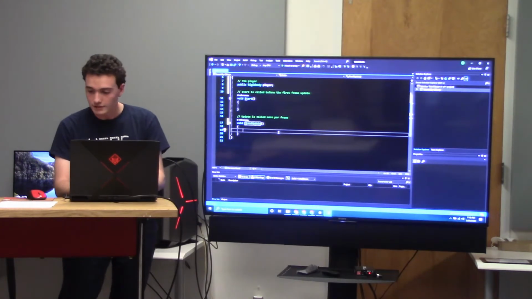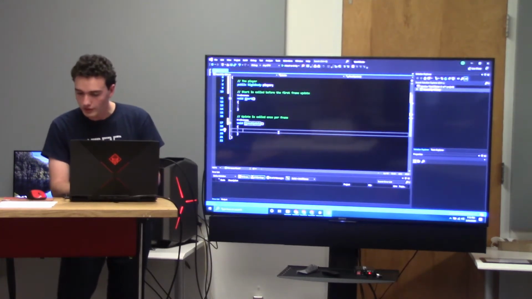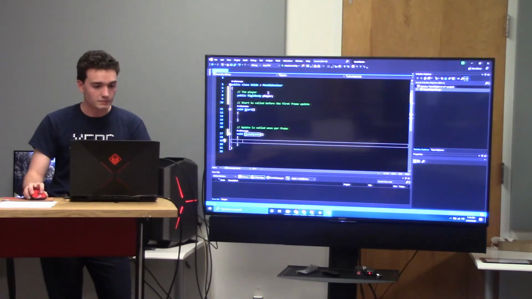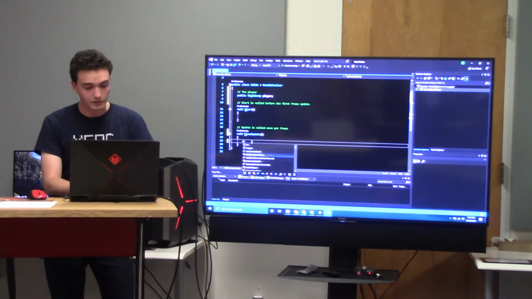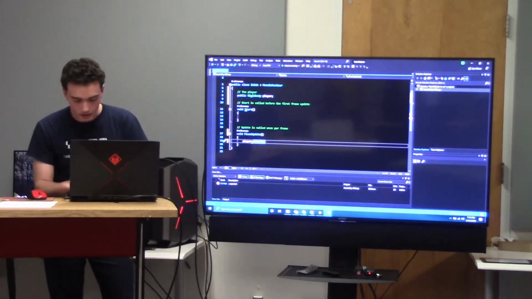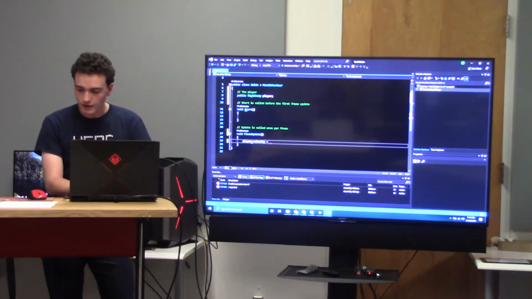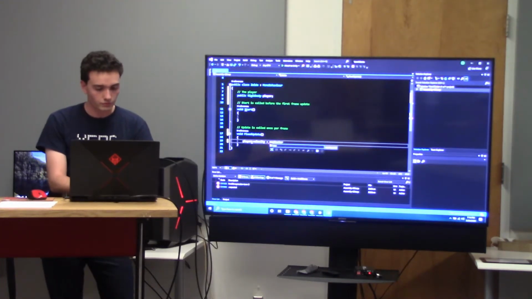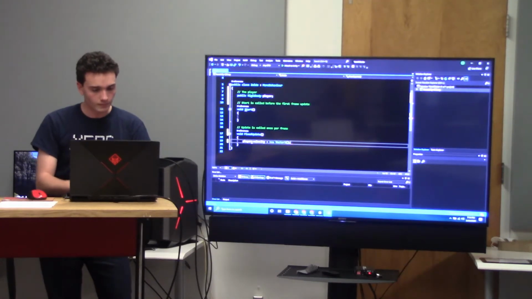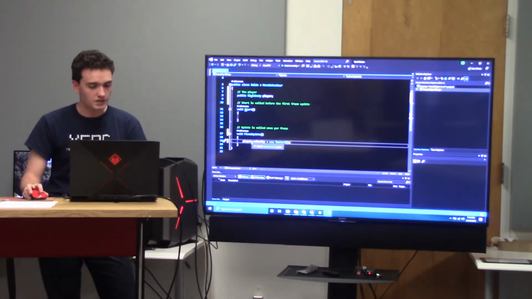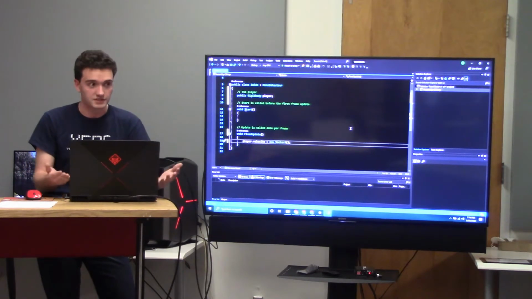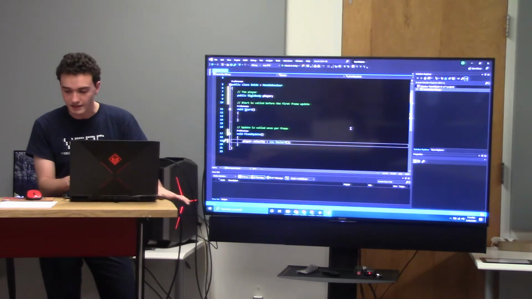All right, and so now that we've changed that, we are going to start making Zalde move. Since we made the player variable, you can do player.velocity equals new Vector3. And so the velocity of the rigid body is exactly what it sounds like. It's the player's velocity. And we're going to be setting this to,